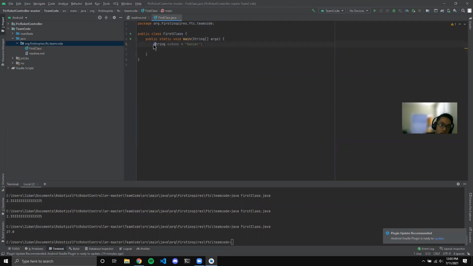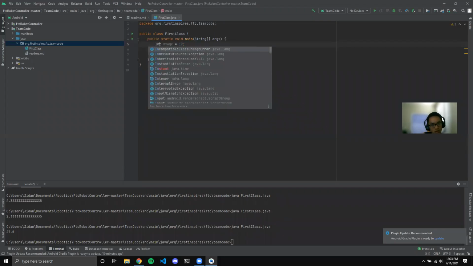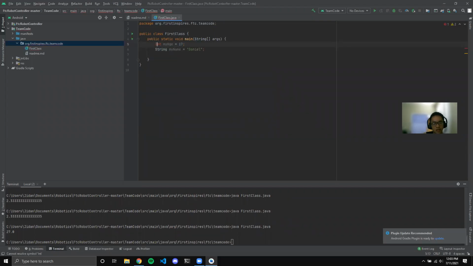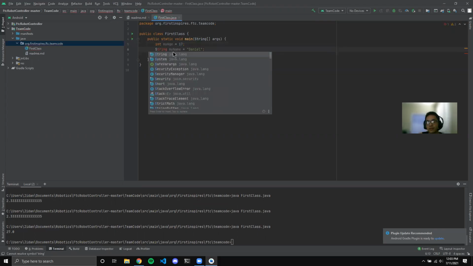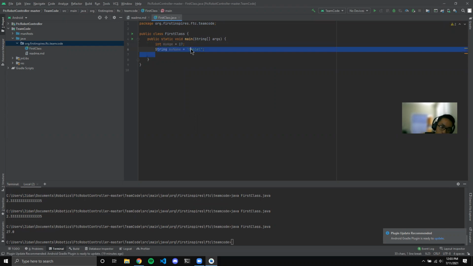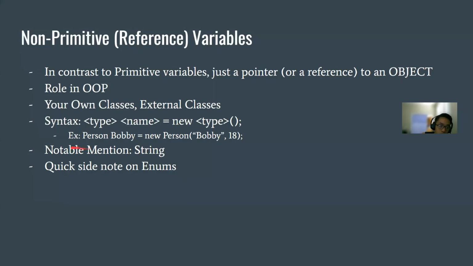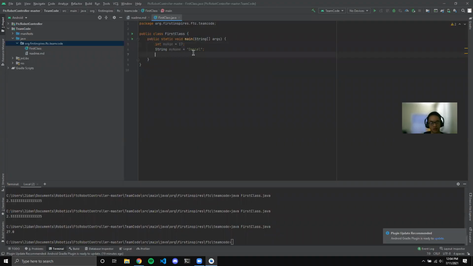You can notice that it's capital compared to something like an age, right? So int my age equals 17. Int is lowercase. If you try capitalizing it, it would not work. See? Or if you tried lowercase on string, that would not work either. So you can see that it's uppercase, and instead of using the format where it's person Bobby equals new person Bobby 18, they simplified it. So you can create it like this too. You can still follow the format,